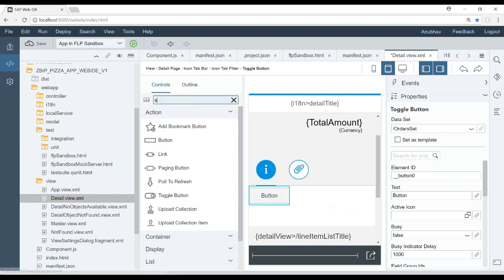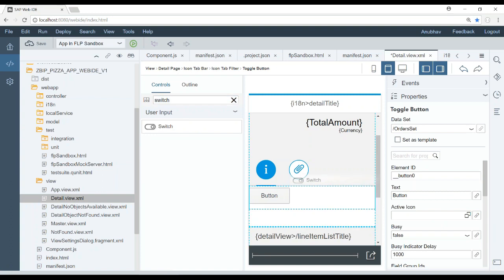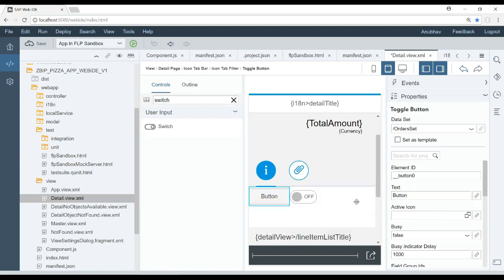You can search for a control. Let's say I want a switch control. So I can drag and drop that control over here. You can go to the control and change its properties quite easily. Let's say click here and just save this, and you can execute and test it locally, also connecting to your remote system, very easily connectable to your remote system, completely runs on the browser, no footprint on your user's computer. These are all some great advantages which make WebIDE a winner in this fight of Eclipse versus WebIDE for